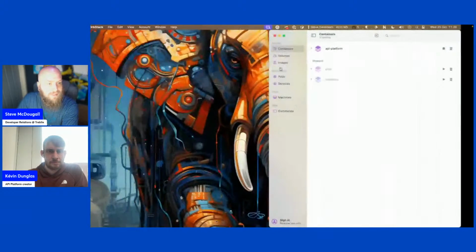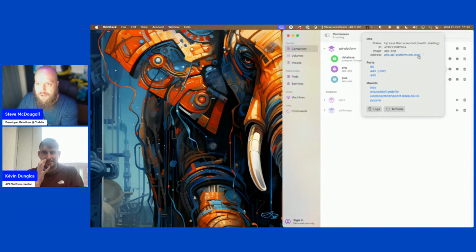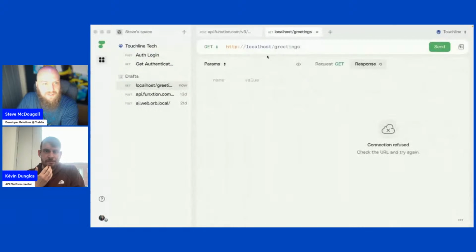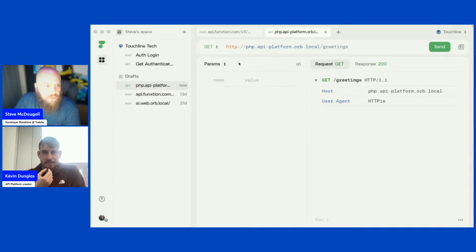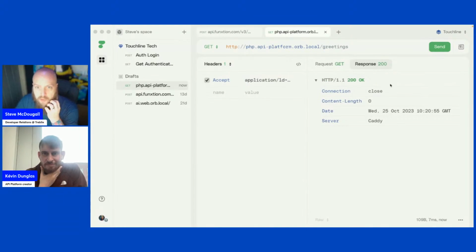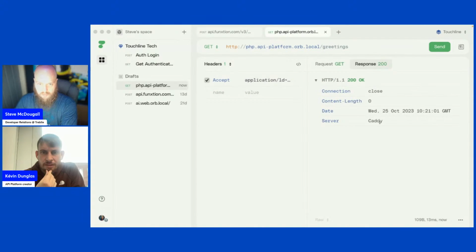So what I will do instead is use a little bit of magic. I believe I should be able to use this. There we go. So we can swap headers and we can say accept application/ld+json. Looks like there is an issue. Can we see the? We missed something with the.